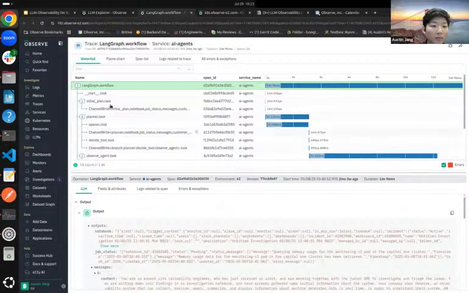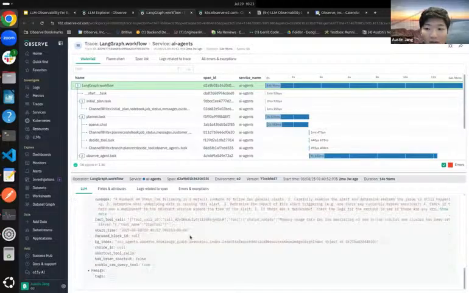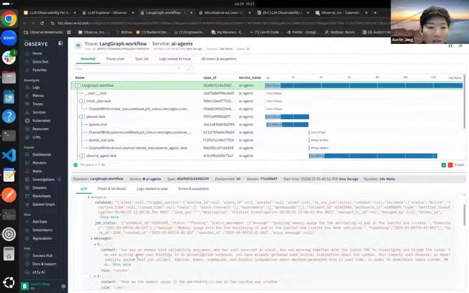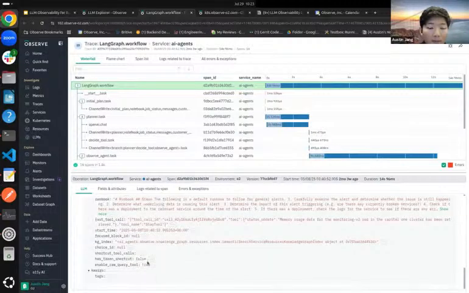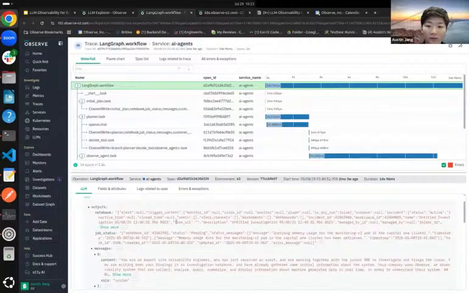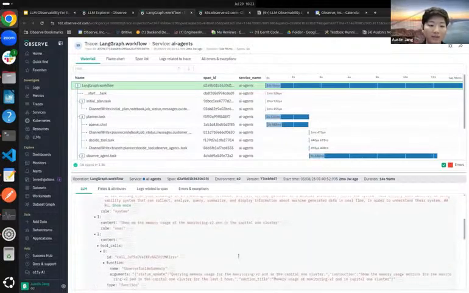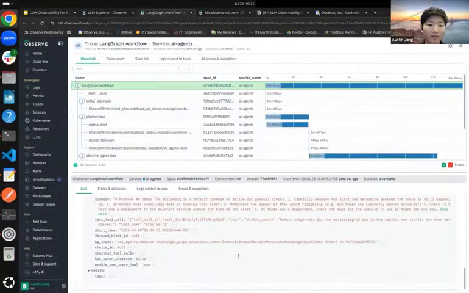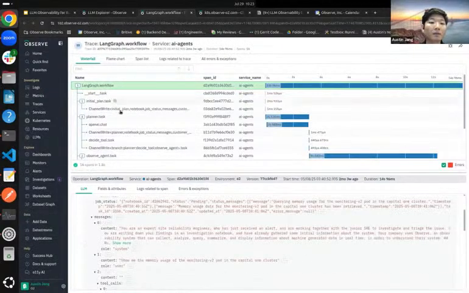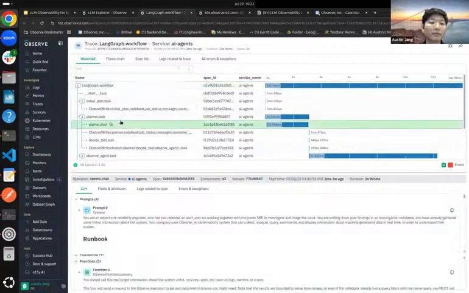Let me just put that up. Looks like the input for that one got minimized, but we can see the input and the output associated with it. For example, for this one, it wanted to output the investigation notebook as well as the job status and all of the different chat history. Now drilling deeper into the